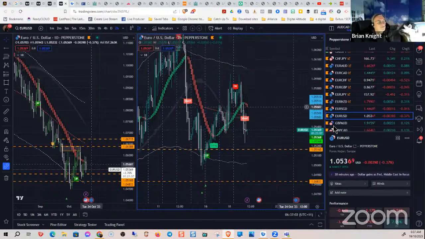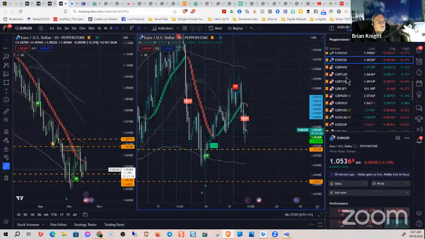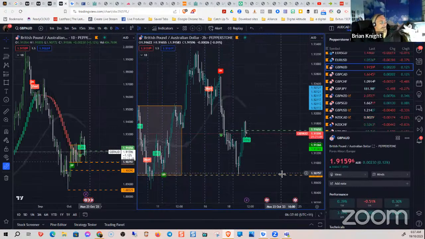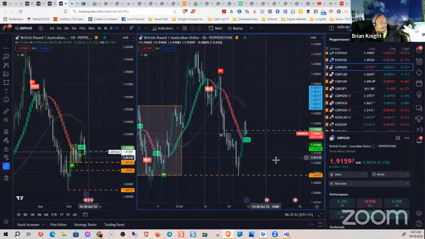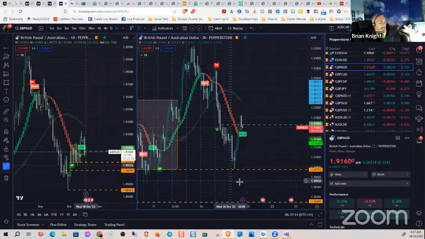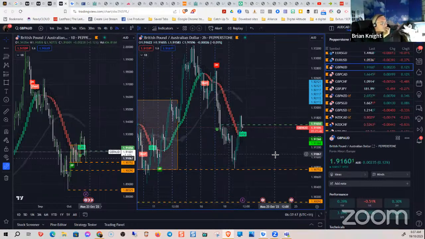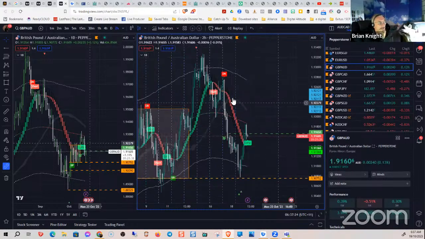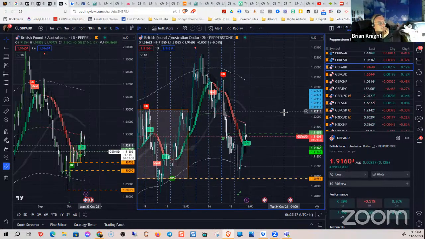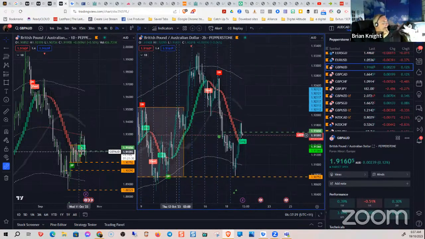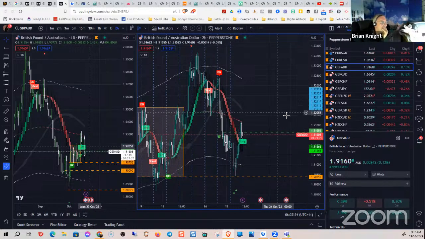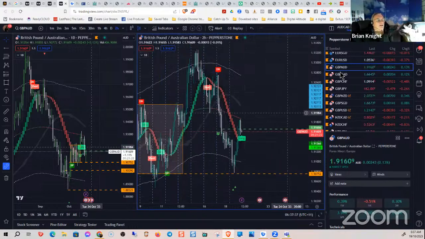Okay, GBPs. Let's have a look at them. GA. Oh, it did that. Let's see, do we get some arrows down here? Yes. Pull back, then get into the buy. I still think there's some imbalance up in here. Oh, yeah. Okay, there's definitely a buy one up in here.